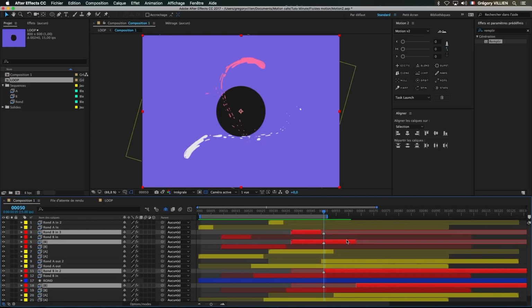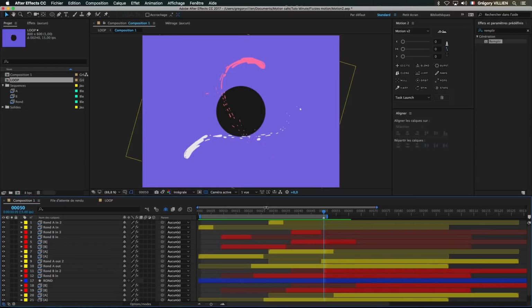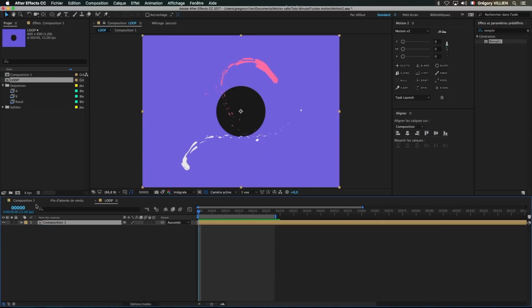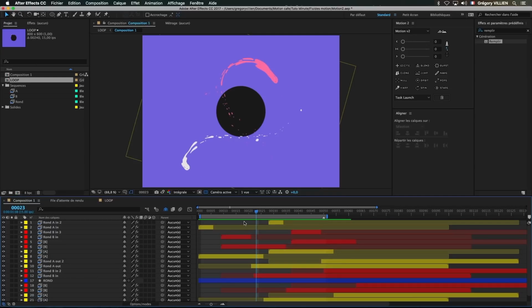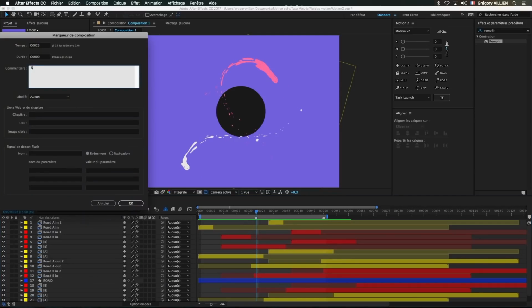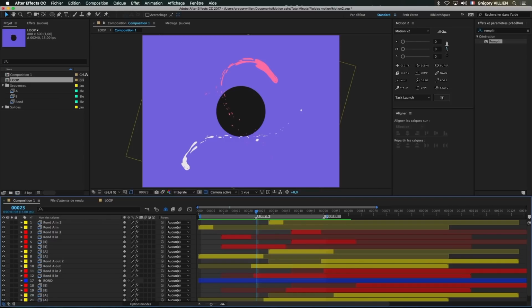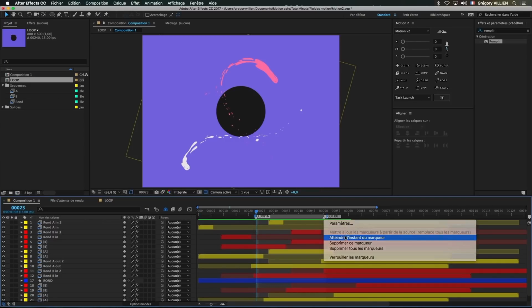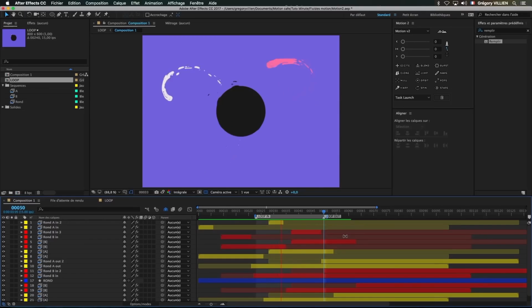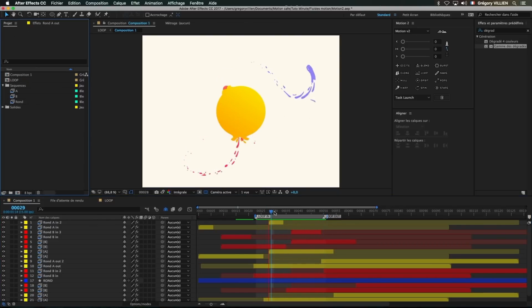A tip to find the landmark is don't touch my temporary code. Put a landmark on my composition and not on my layers. Here I go to the beginning of the composition of the loop. And here our temporary code moves automatically. I just need to put in my 2 landmarks. Retag it as entrance and exit, so loop in and loop out. And now I can preview my loop. We've got a clear loop. And all the elements are well placed. There are no faults. Everything is in the right place.